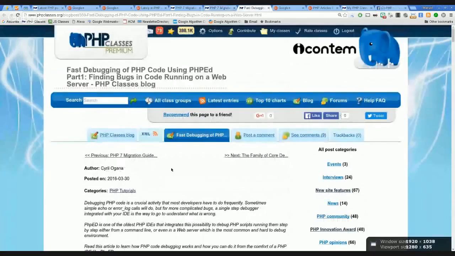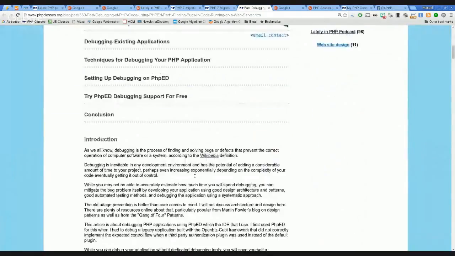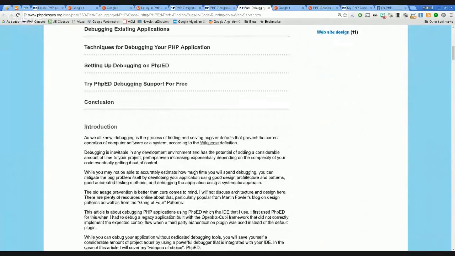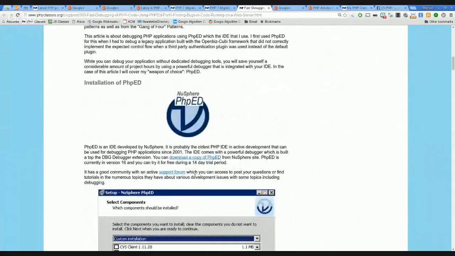So the last article that I want to comment on is actually a tutorial about a PHP IDE called PHPEd, which I think was the very first dedicated PHP IDE that was introduced many years ago and provides debugging support, like executing code step by step, so you can debug. So this article by Cyril Ogana is interesting because it explains how the debugging works, how you can set it up